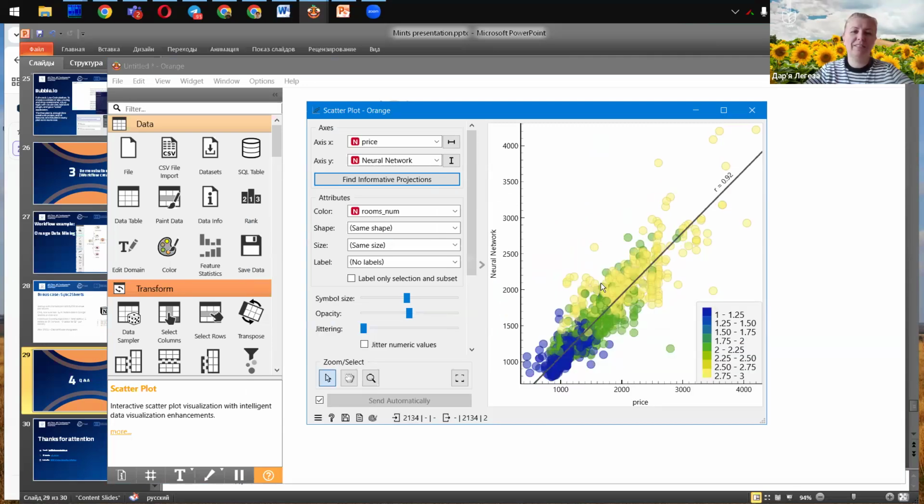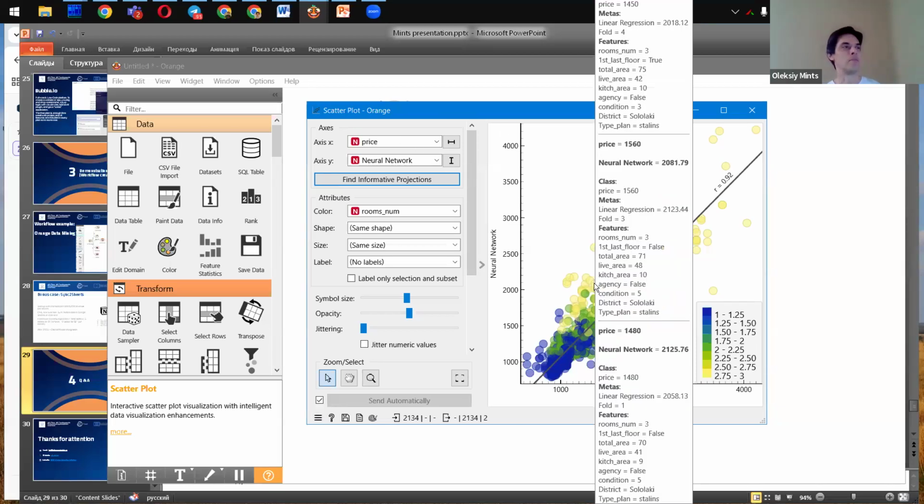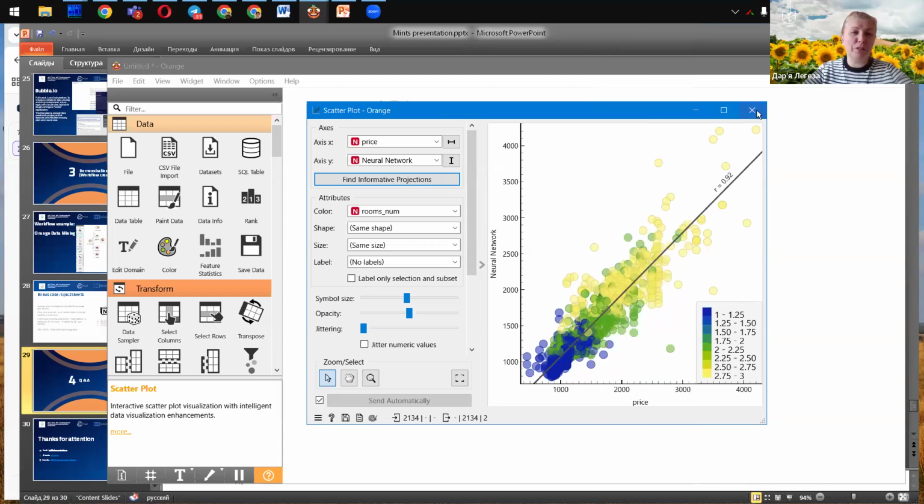I don't know if it is available for all tools, but in some widgets you can save the results as an image. Just be simple. Just print screen of this graph and copy paste it into your Word. Just be simple. This is the way I'm using. Yes, I see. Thanks.